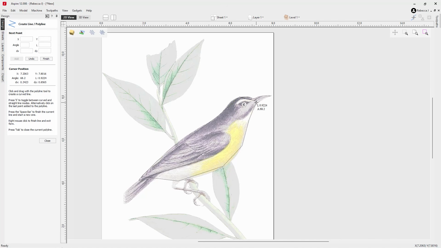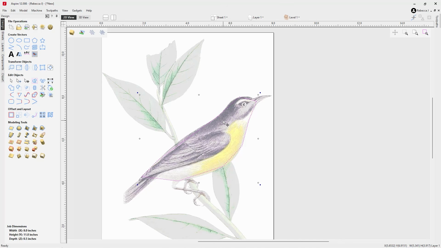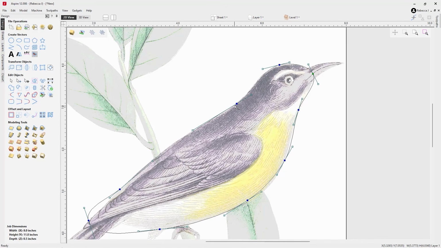So I'm just going to do this, and close that off by clicking on the start point there. Now I'm going to show you how easy it is to edit this. I'm going to press N on the keyboard to go into node edit mode, and then I'm going to highlight all of those nodes using my left mouse key and dragging a box around them, and press S. That's going to smooth all of those, at which point I can have greater control, where I can look at adjusting the handles here